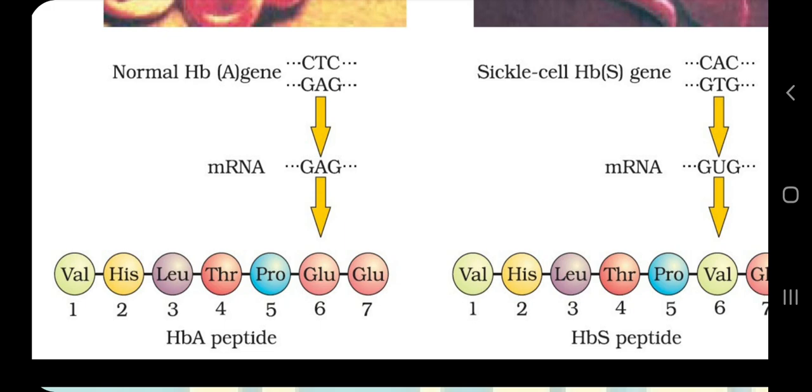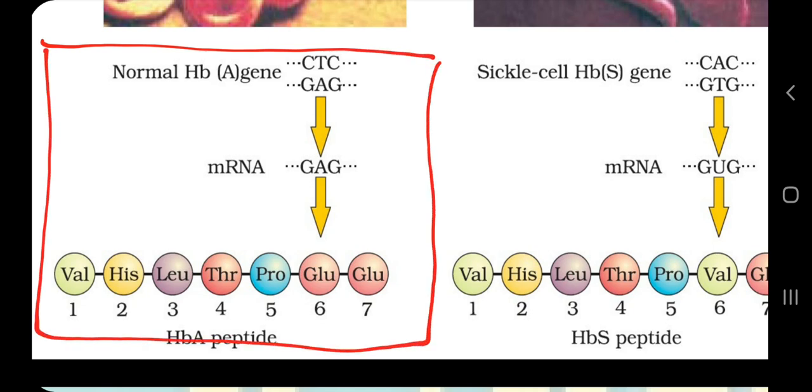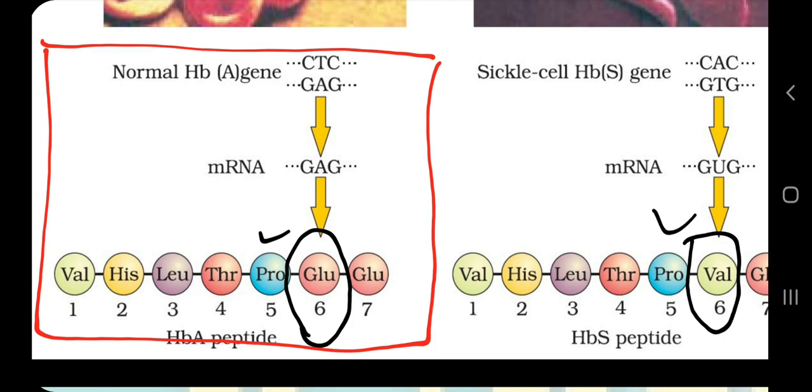Now this sequence of proteins is because of DNA, as I already have mentioned, and DNA performs these actions by making certain types of RNA molecules. So here is an overview of that process we are going to discuss in chapter 6. You need not bother about the process, you need to focus only on one thing, and that is glutamine at the 6th position. Here it is replaced by valine. So here you notice only one thing, that the 6th position is changed.